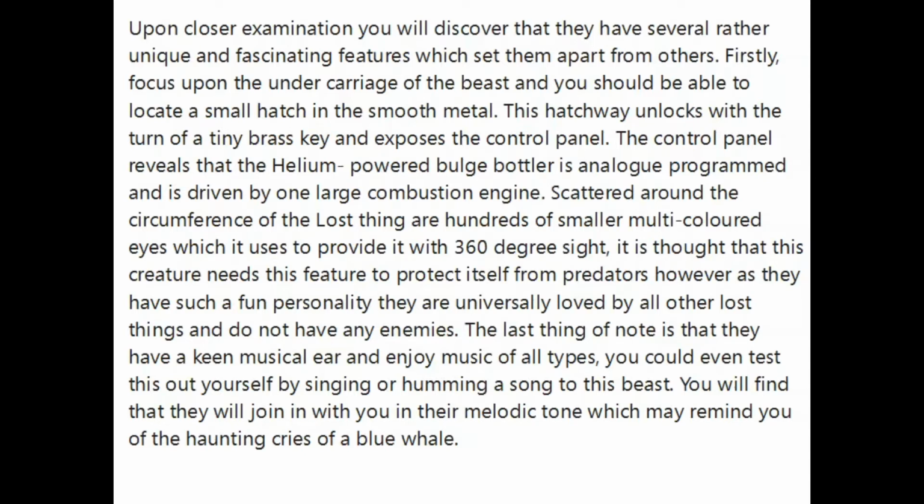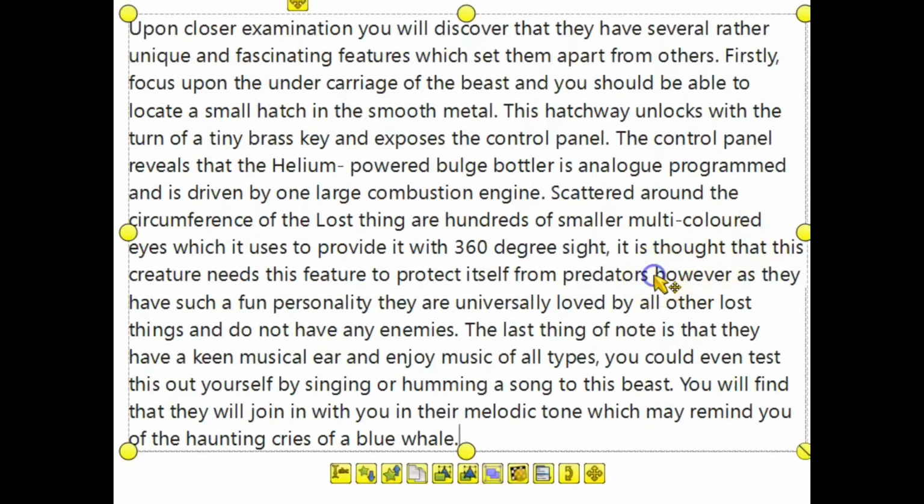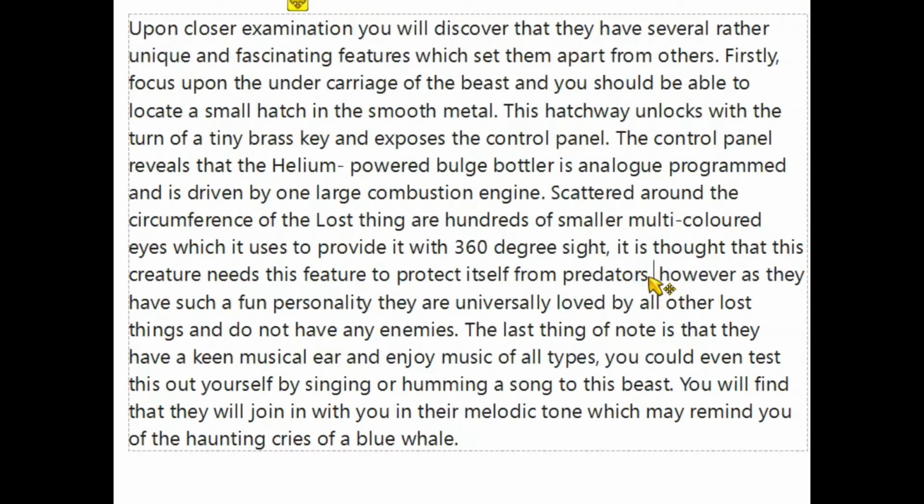However, as they have such a fun personality, they are universally loved by all other lost things and do not have any enemies. Now I definitely need another comma in here to take a pause, so I'm just going to add that in. The last thing of note is that they have a keen musical ear and enjoy music of